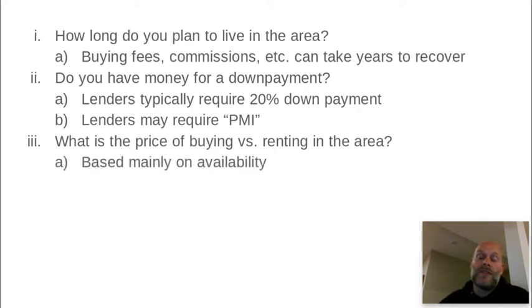And a lot of that has to do with not just popularity, but availability. A lot of places just don't have a lot of single family homes or a lot of condo complexes, and if there aren't many, they might be selling for a lot more. If there are a ton of them and then demographics in the area change, they might be really cheap. So understand what things are relative to one another.